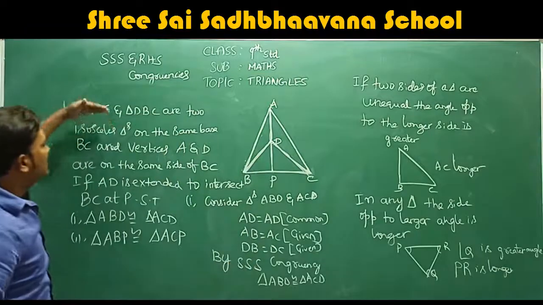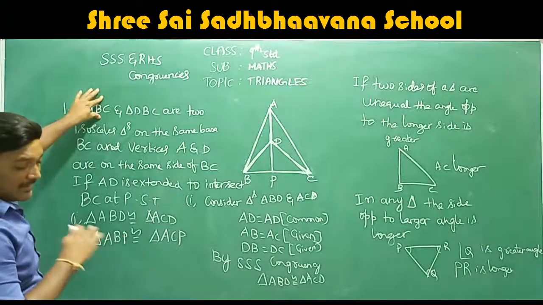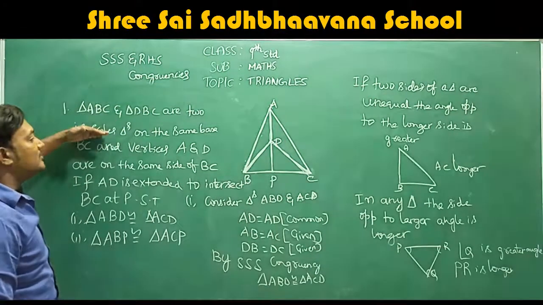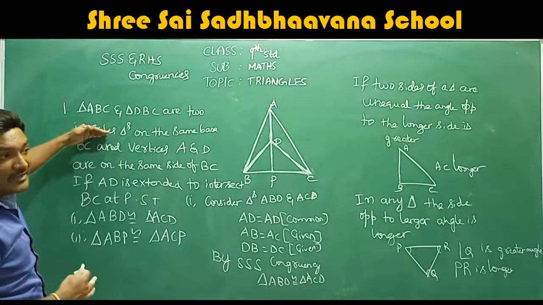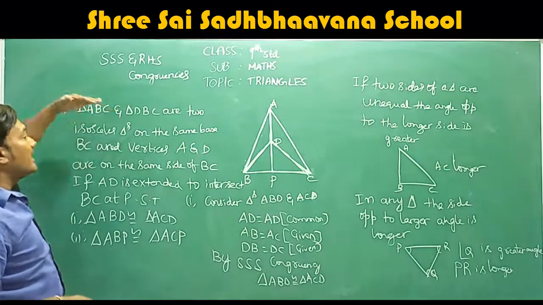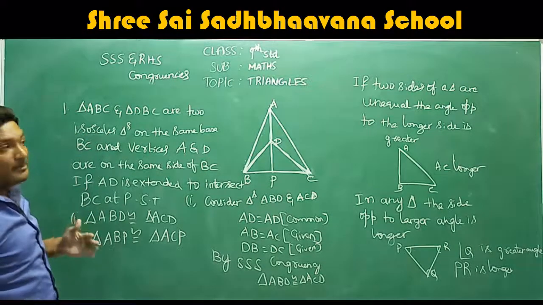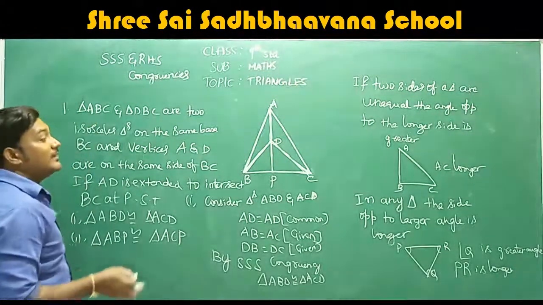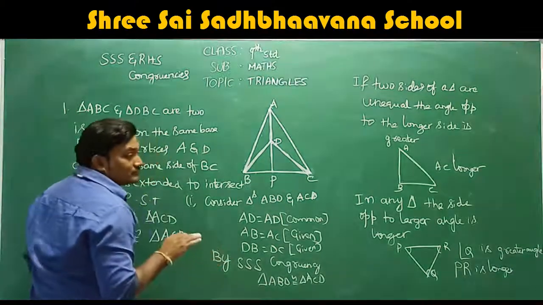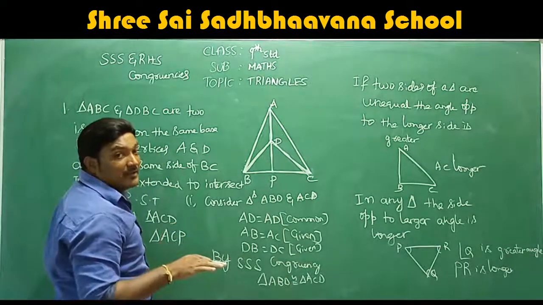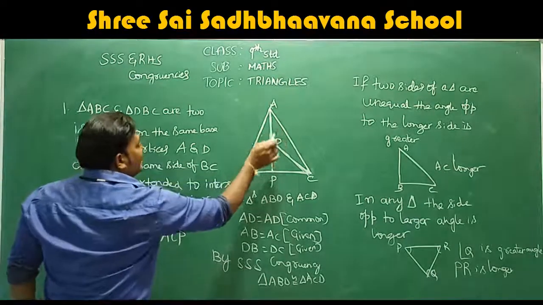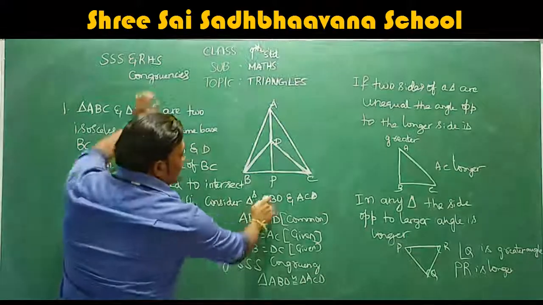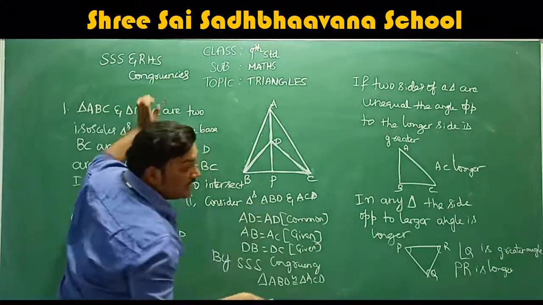See, the first line you read: triangle ABC and triangle DBC are two isosceles triangles on the same base. They are clearly saying that these two triangles are formed on the same base BC and are also isosceles triangles. What do you mean by that? They have clearly given one condition already. What is that? AB is equal to AC as well as DB is equal to DC because they are isosceles triangles. Very simple. And we are considering those two triangles and the addition AD is equal to AD because why?